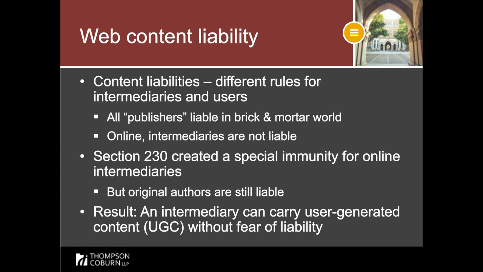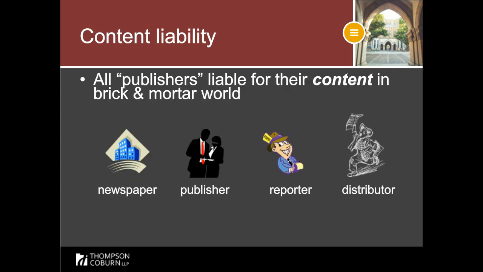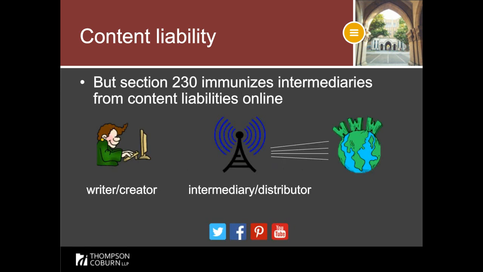So kind of to put it together graphically, in the brick and mortar world, everyone in the stream, newspaper, publisher, reporter, distributor, is potentially liable for content. But Section 230 creates a distinction between the writer-creator and everybody else, the intermediary distributor. Only the writer can be liable, and the distributor is not liable because of Section 230. Now,